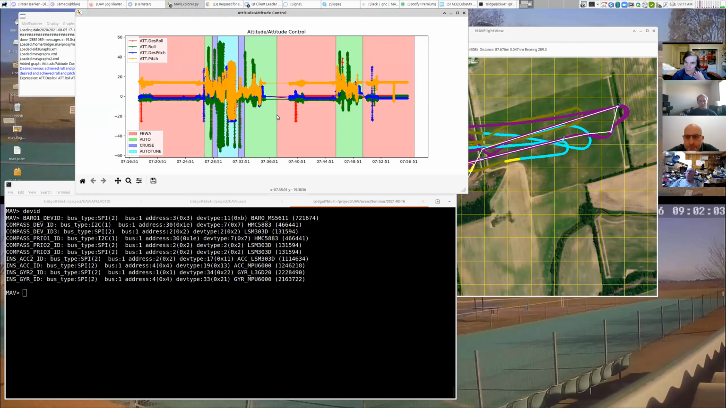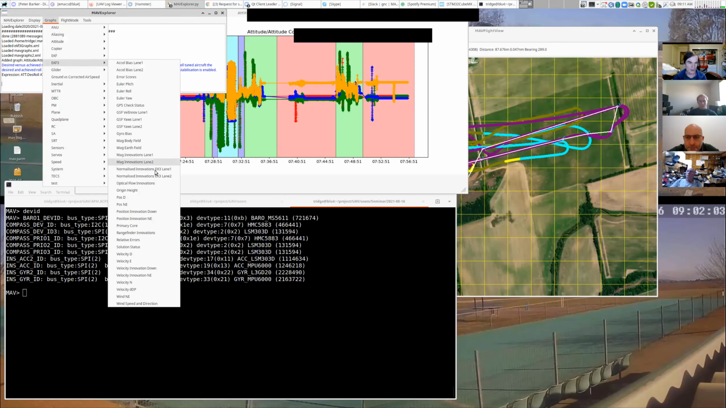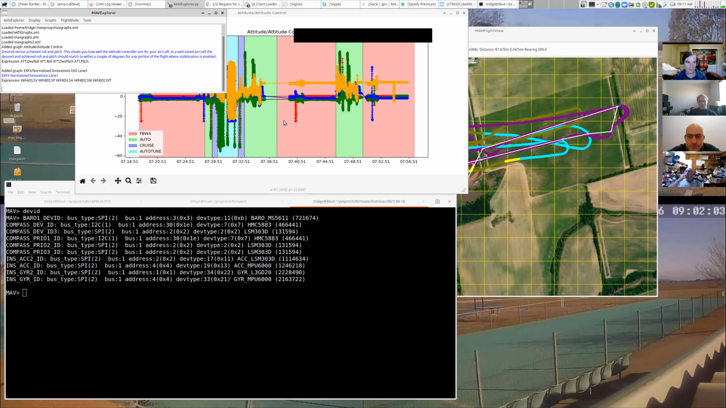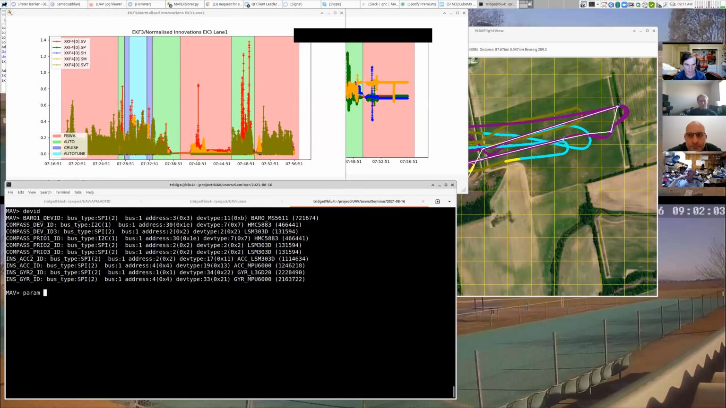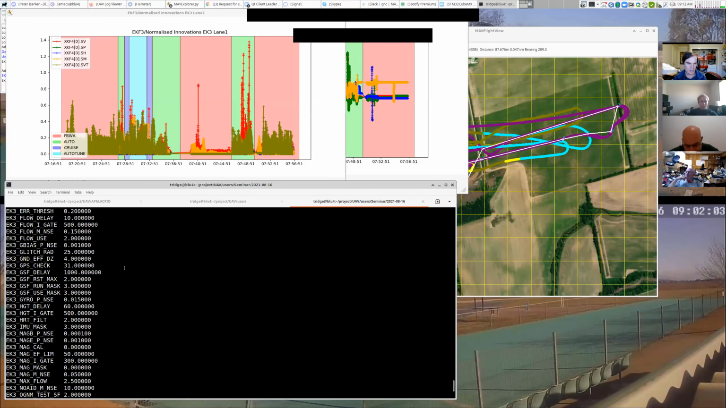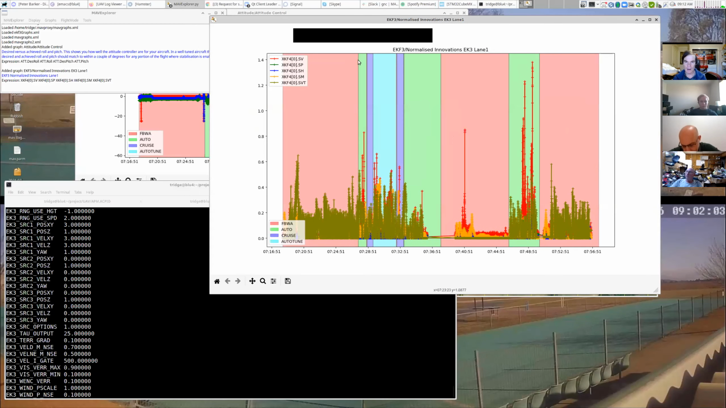Okay, so I tend to jump into the state estimation next and just see whether the state estimation is okay. And so I'll bring up the innovations. I'll also just double check that he's using the EKF. So you can use the param command to look at the parameters that he was using. You see he was setting the EKF type to 3 and EK3 was enabled. All right, so he's using EKF3, and we can bring up the